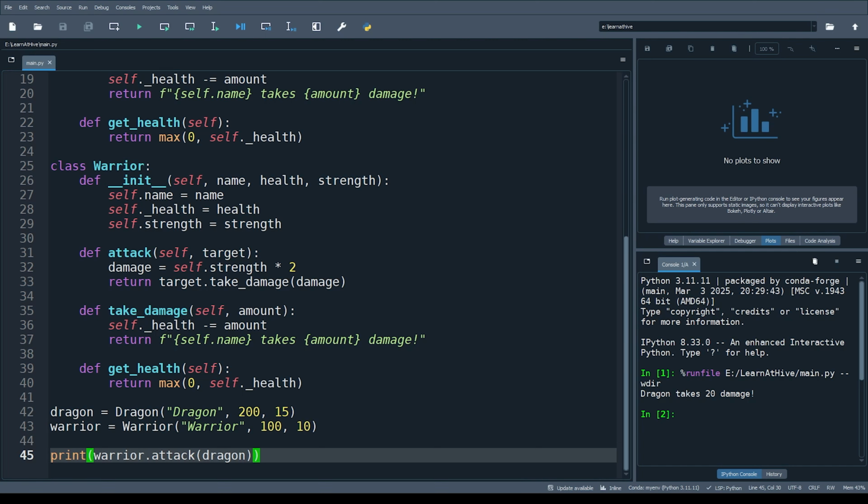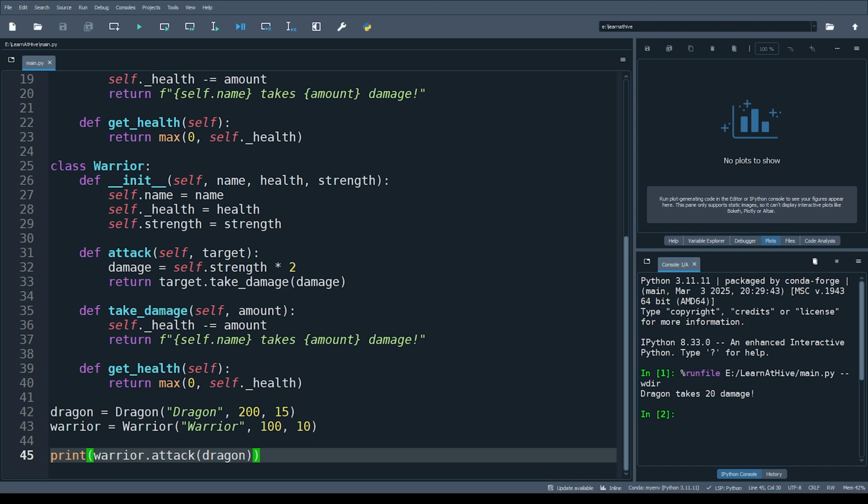The code would still work without the Combatant protocol because Python's duck typing allows warrior.attack(dragon) to function as long as Dragon has a take_damage method, regardless of the protocol. The Combatant protocol primarily adds type hints for static type checking, for example with MyPy, but doesn't affect runtime behavior. So Python uses duck typing. If the object has the required method, the method call works. So the protocol is a powerful but only a typing tool, specifying that attack, take_damage, and get_health are